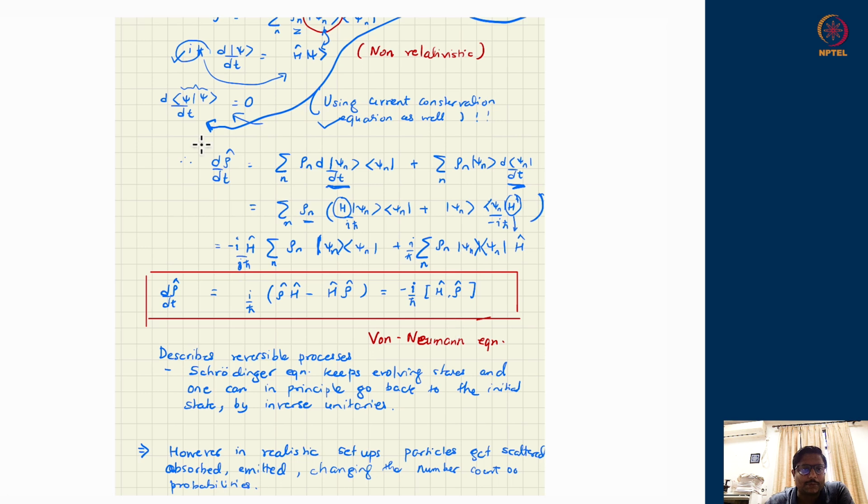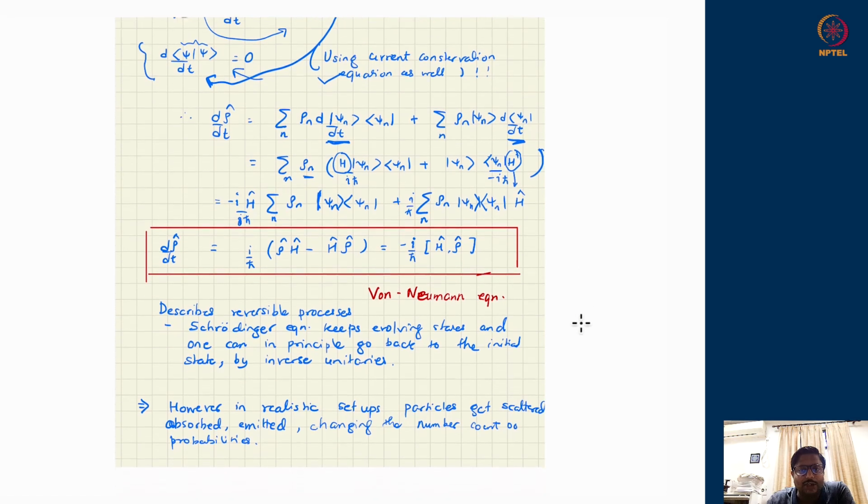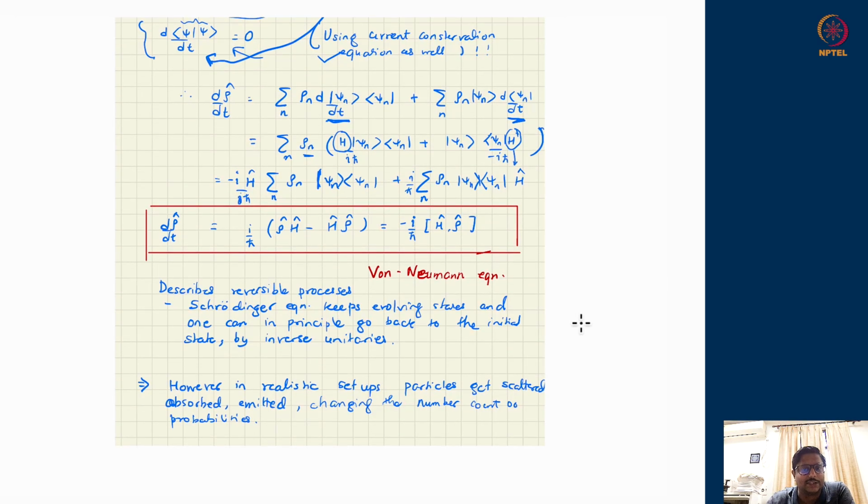So as long as probability is conserved, it is just redistributed from the final dynamic state, and the unitary evolution which took you to this state can be inverted and you will get the state back, and therefore this process is reversible. However, in realistic setups, particles do interact with various kinds of things. A particle does not just evolve freely under its own Hamiltonian. It will be affected by the environment, some random photons coming from there, some random particles interacting with it through a Coulomb potential or some other potential. So many things go on as a particle time evolves.